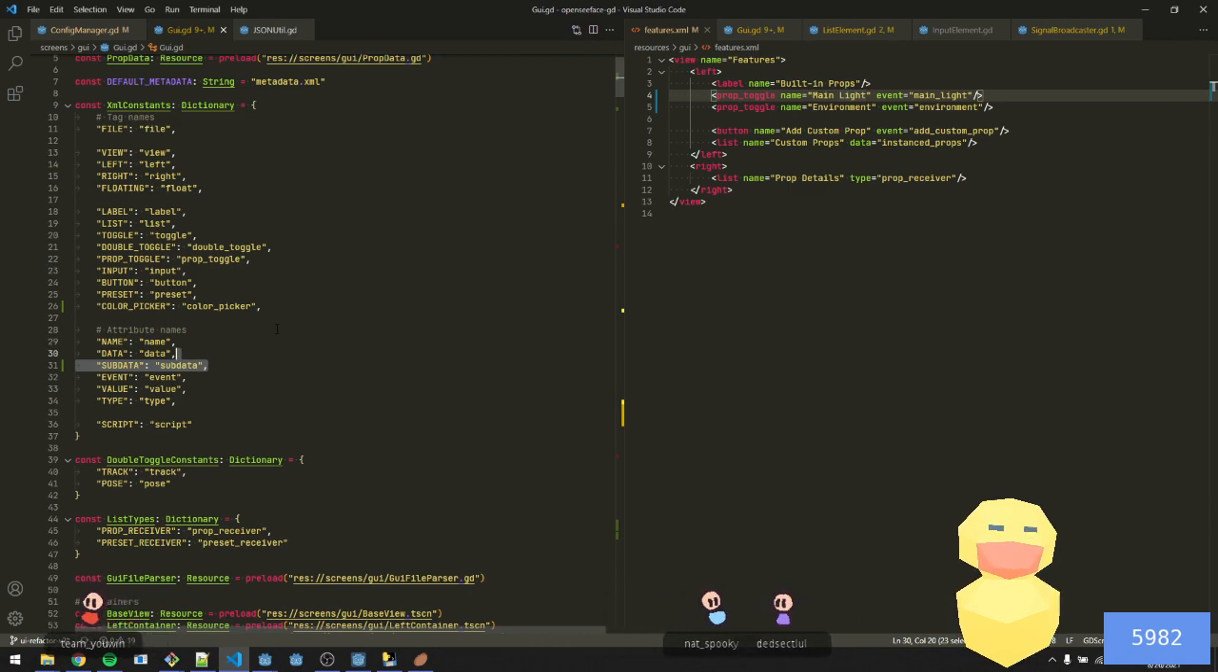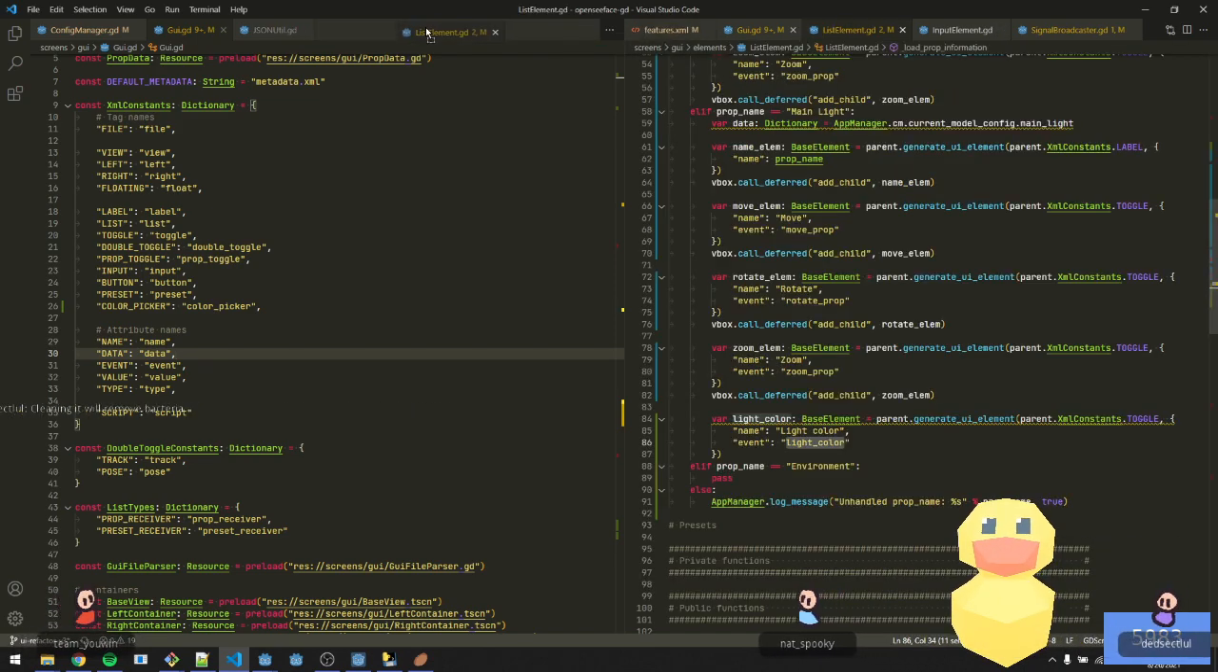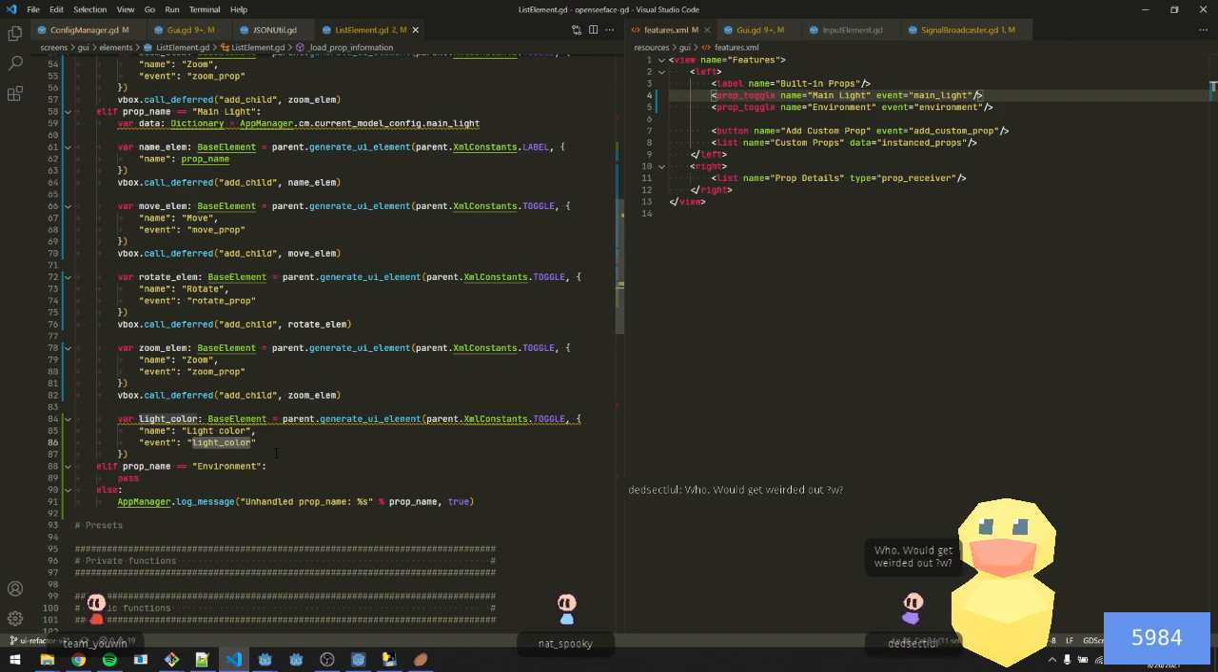So subdata doesn't work here, by the way. So if it's main lights, we'll need to... I'm trying to decide what to do with this, right? So here, we're generating